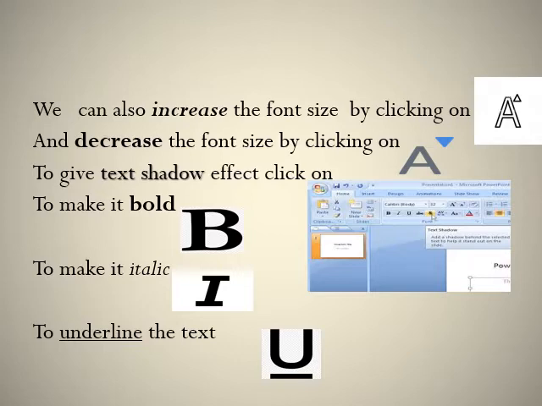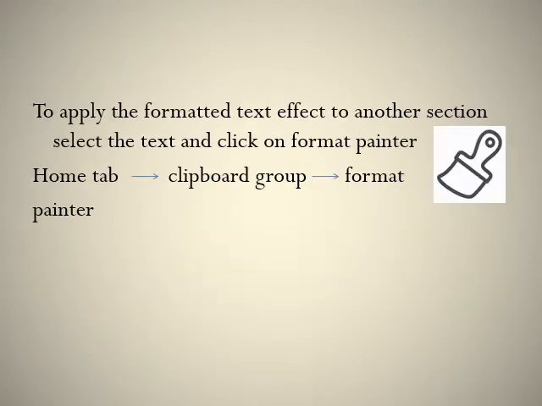One more very important item is there, that is called Format Painter. What does Format Painter do? Format Painter will copy the formatting of the text from one place to another, and it will not select and it will not copy the text. It will only copy the formatting of the text and paste it in the desired place. So how will we use this Format Painter? Format Painter stands for this brush. Home tab, Clipboard group, there we will see Format Painter. We will first select the text, click on Format Painter, then we will go to the place where we want to use it.